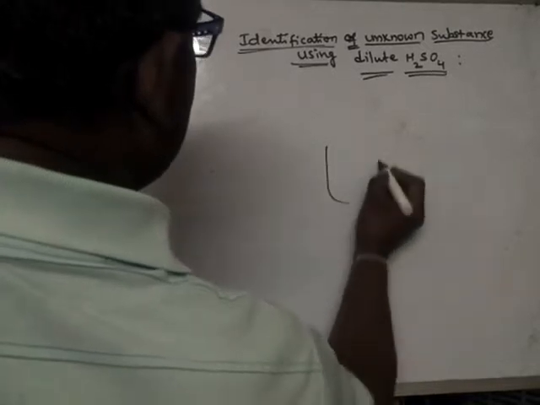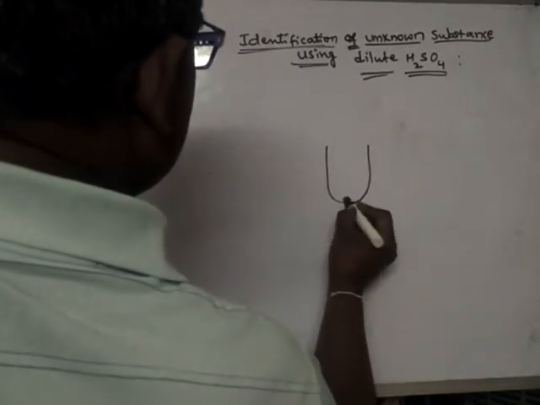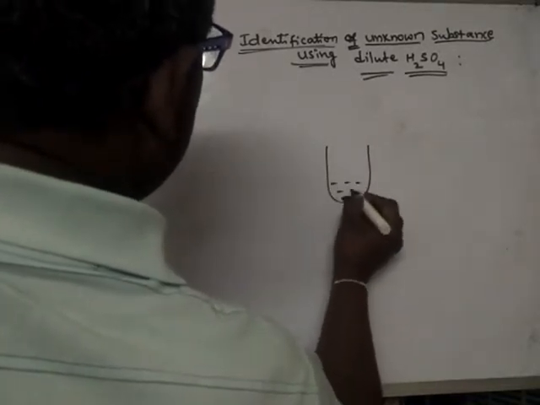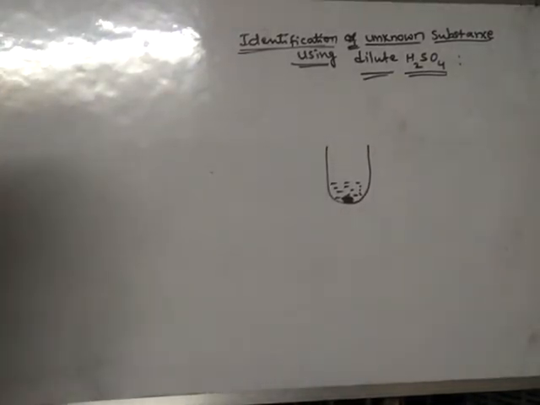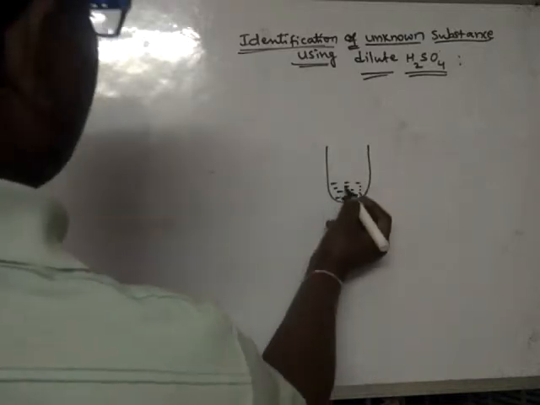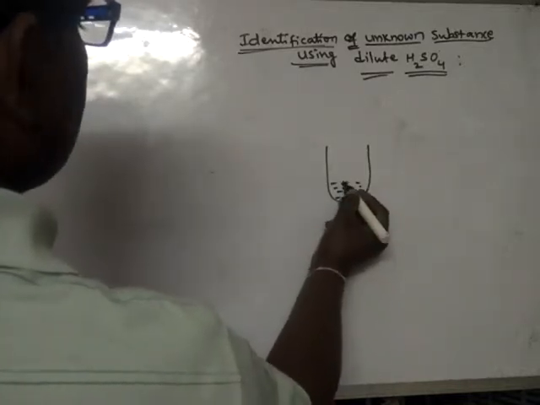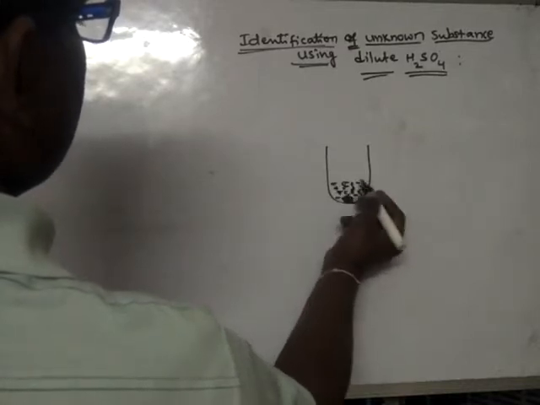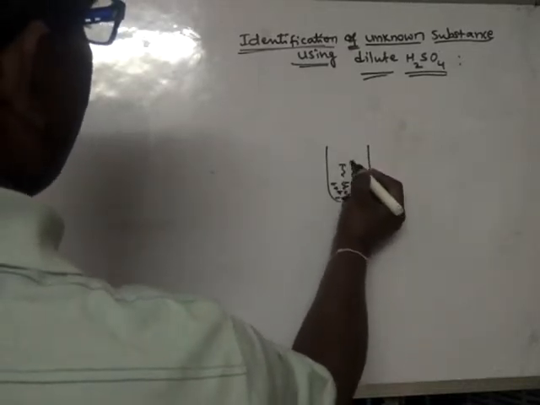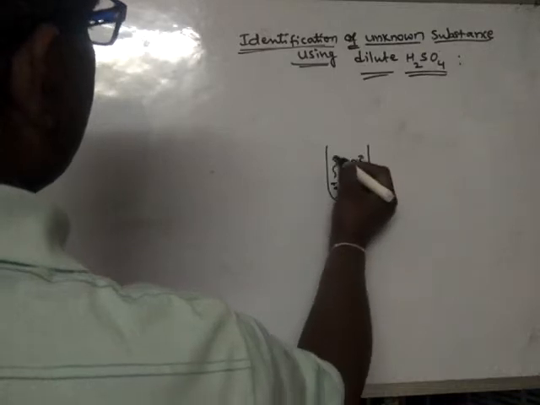Suppose we take a substance and pour dilute sulfuric acid into it, and now these two will react with each other. The reaction takes place very briskly, very fast, by evolving tiny bubbles. So tiny bubbles are formed, and the reaction is also very fast. Now these gas bubbles will break into gas.